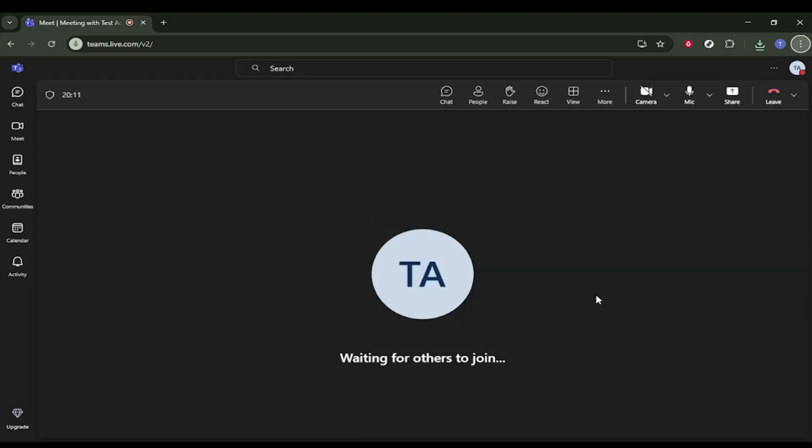In today's video, I am going to teach you how to share screen in Microsoft Teams. To begin, open Microsoft Teams and join the meeting where you want to present. You can do this in the desktop app or in the web app because the screen sharing steps are the